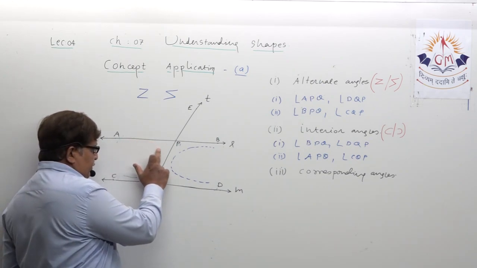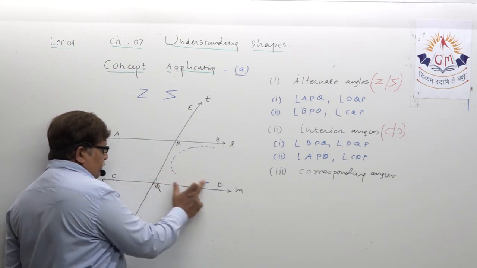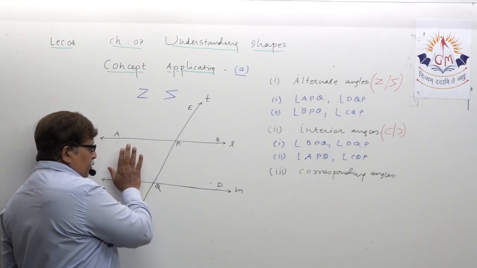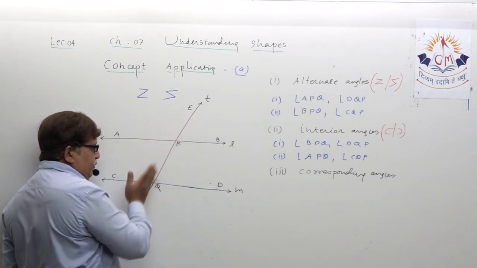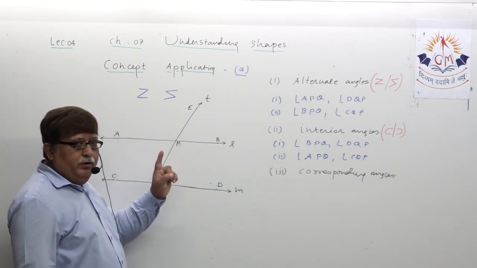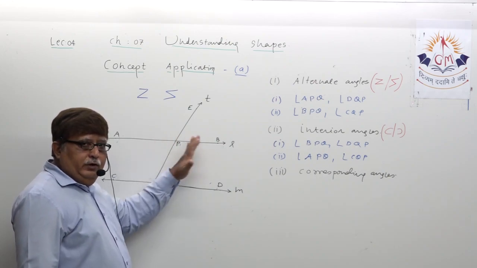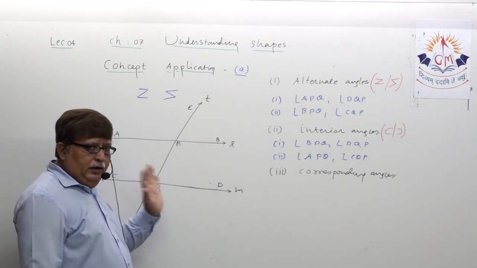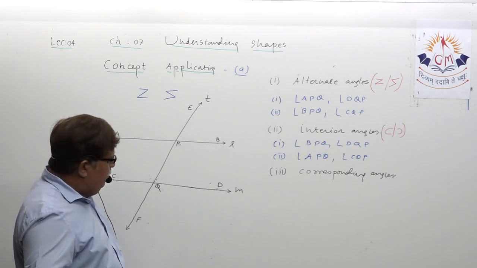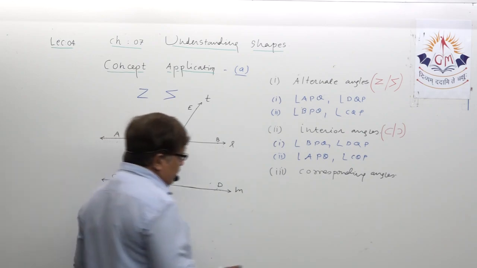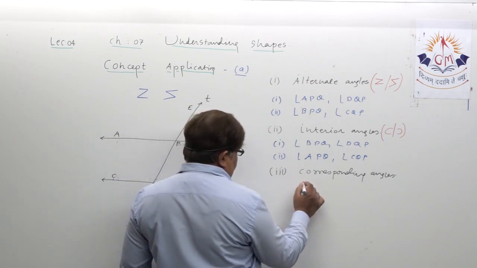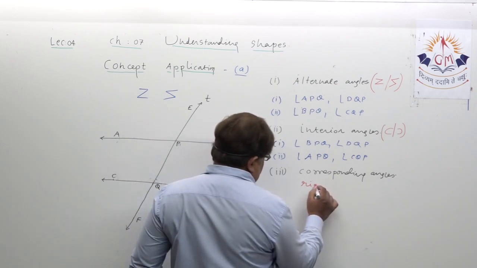First, let me erase this. First I am targeting to get pairs of corresponding angles on the right side, not on this side. We have to get two pairs of corresponding angles on this side of the transversal. How to get them? Understand? For the right side only, I am giving you the shape formation. See, for the right side, try to understand. I am specifically writing right side, meaning on this side.